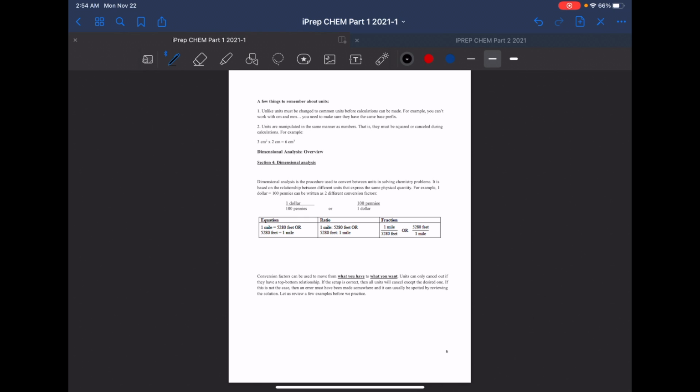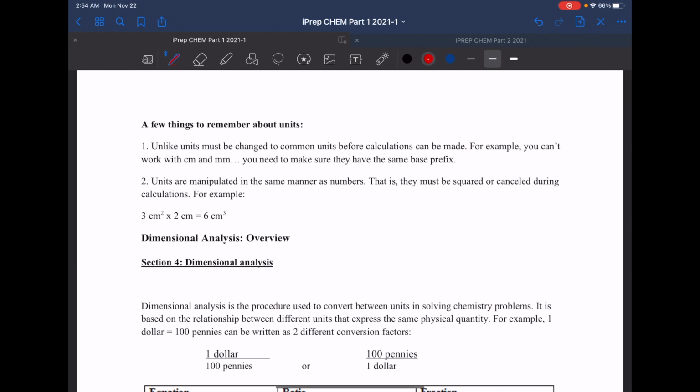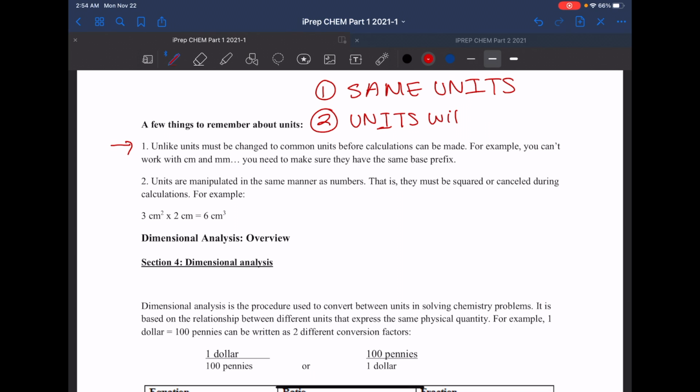Unit conversion and the train track method. But before we move on, there's 2 hints about this unit. Number 1, make sure it's the same units when solving. Okay, and number 2, units will act like a variable,